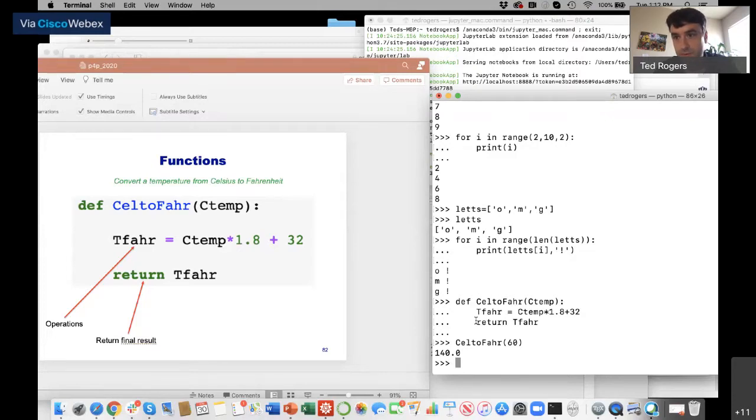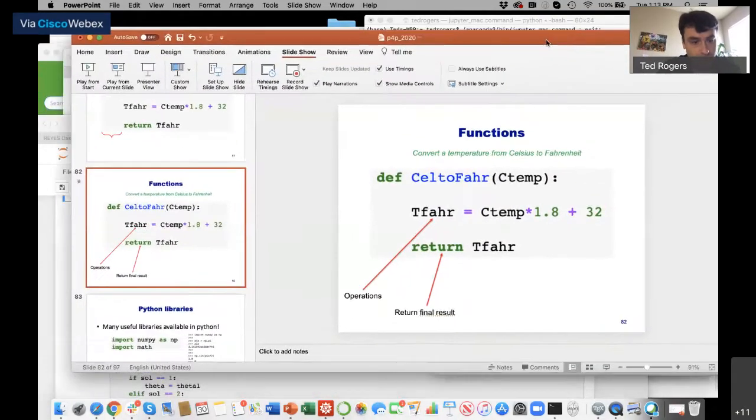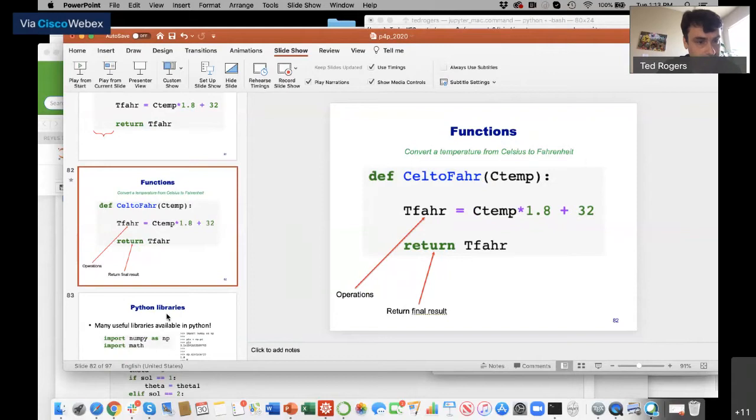But if you convert it from Celsius to Fahrenheit, it turns out to be something swelteringly hot. So that's an example of a function. Go ahead and ask questions if you have any. You'll see that most of our programming will be organized according to functions. You'll want to do that in the project that I give you in a little bit.